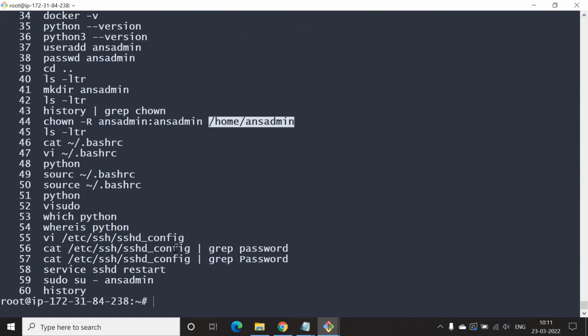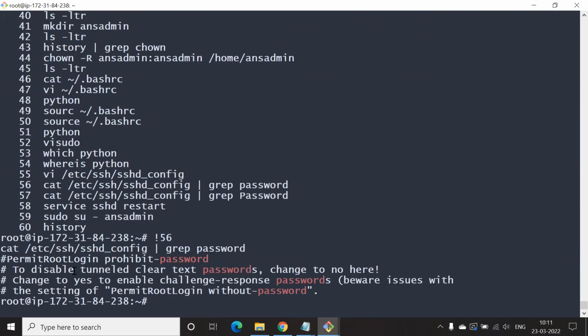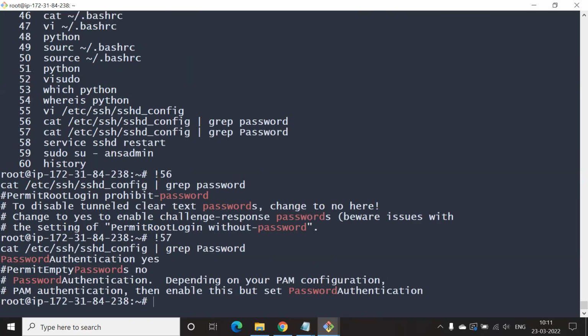Cool. Go ahead and execute the 56th line. Let's see if you're able to recall anything, or anything rings a bell. Okay, none of these things we made change. Good, and execute 55. Yeah, we are changing this password authentication to yes. Good answer, as simple as that.